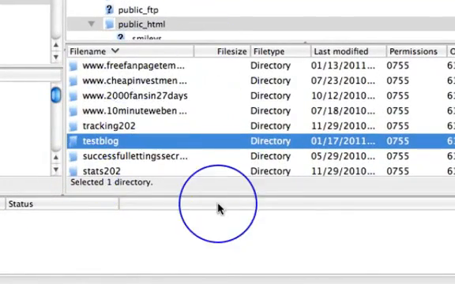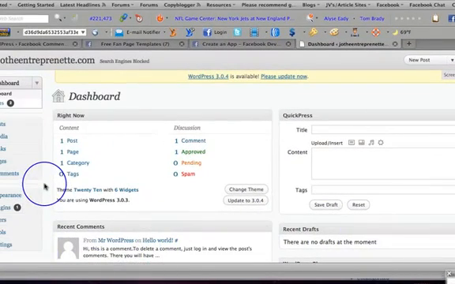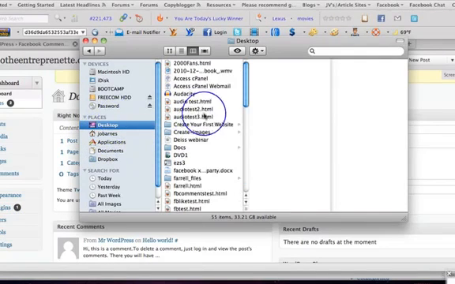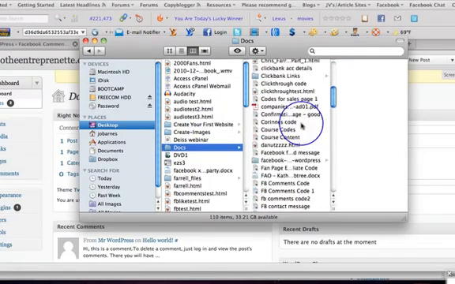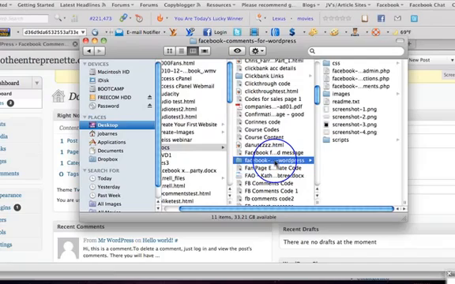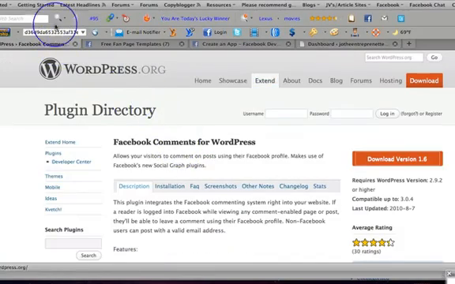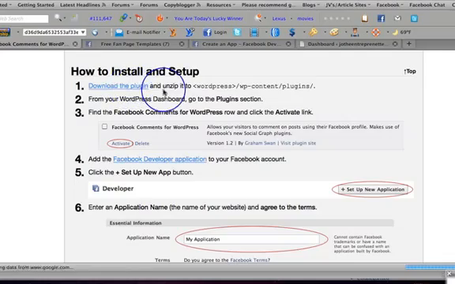Now, what I've done is I've actually gone in, it's downloaded the folder, and I've put it on my desktop. So the Facebook comments is going to come in as a zip, okay? You then need to unzip it and put it where you can find it. And so mine is a file here. You can see it's Facebook comments for WordPress as a file there on my desktop, okay? So what we now need to do, according to the instructions, if we just go back to the main instructions, is we need to unzip it to this file here,